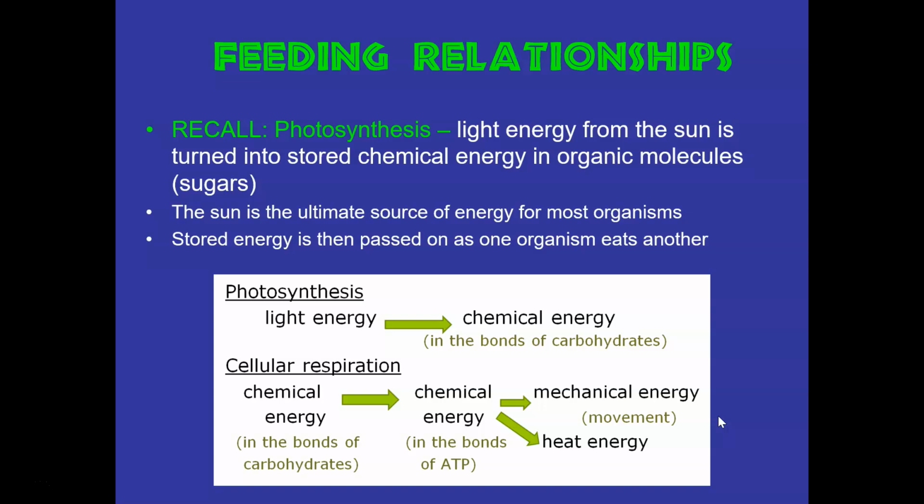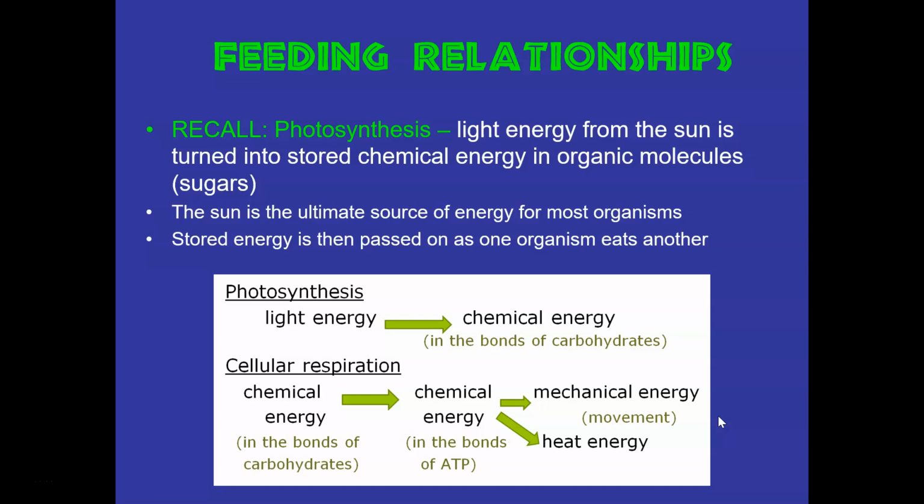And then we can quickly review photosynthesis as another option for producing energy in an ecosystem. So taking light energy from the sun, turning it into that stored chemical energy in the form of that molecule called G3P. Hopefully that sounds familiar. That sugar precursor. And then we can convert that into all sorts of other organic molecules that your organisms need. So the sun really is the ultimate source of energy for most organisms, surface level organisms,